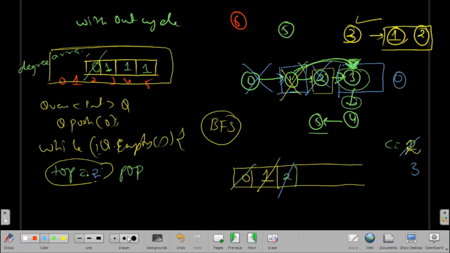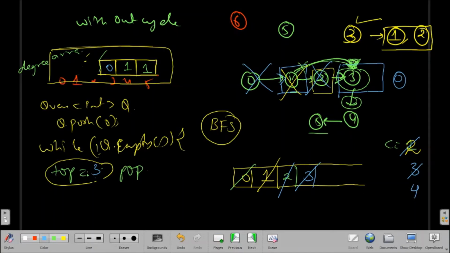So we'll change, we have deleted this because we have already completed it. So now I will change the value of 3 to 0 because we have 0 prerequisite to complete course 3. After that again I will check my in-degree array for any value 0. I'll see yes, so I will add course 3 here. Again I will store value 3 in top and pop. While popping I will increase my count value to 4,